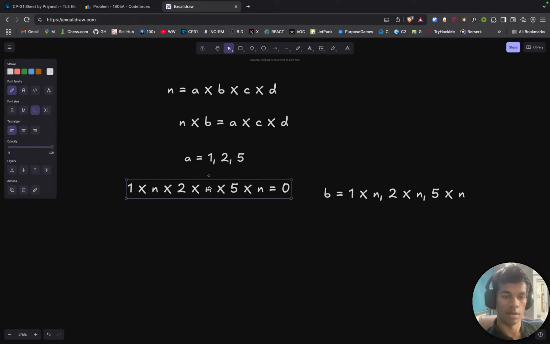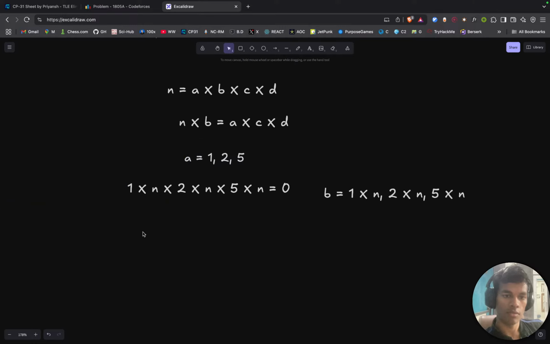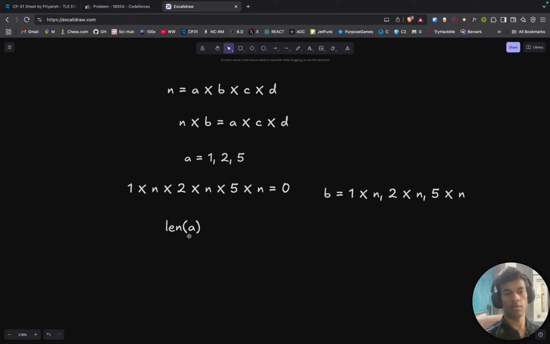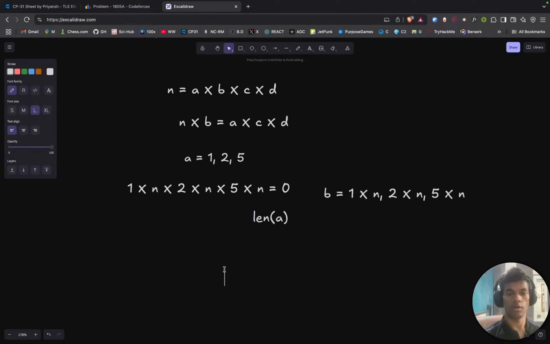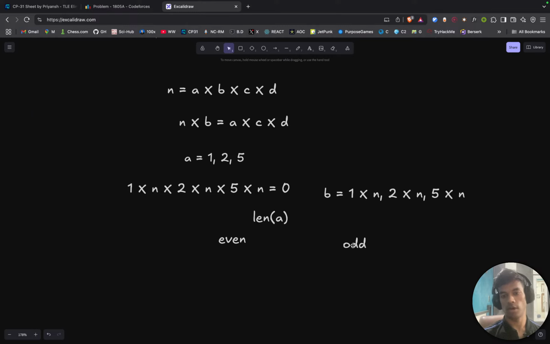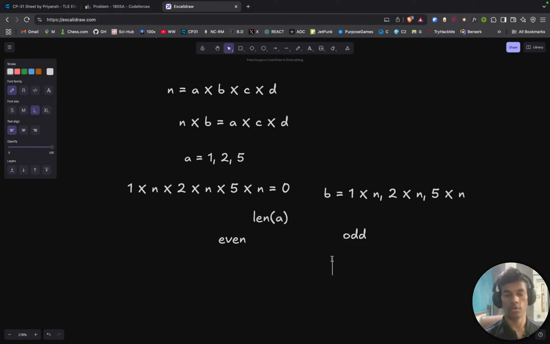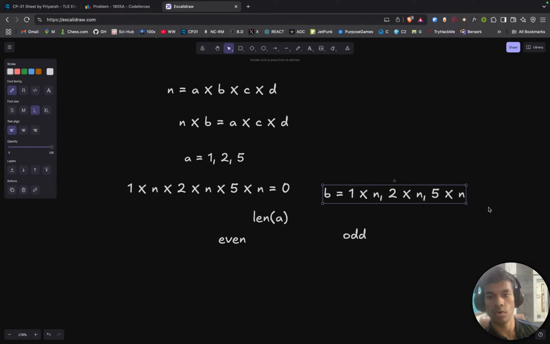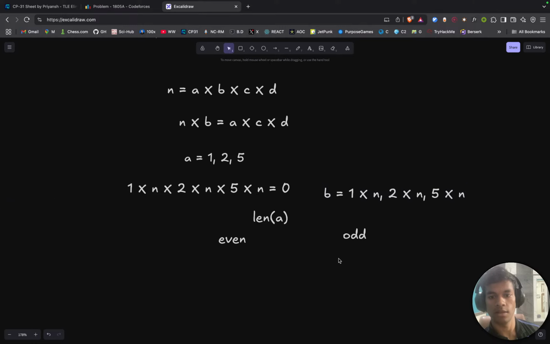This is what I have. If the length of A is even, I have one condition. If it is odd, then I have another condition. If it is even, then I don't think I have an answer. But if it is odd, then I do have an answer, because if it is odd, then I would know that this at the end would result in, let's say,